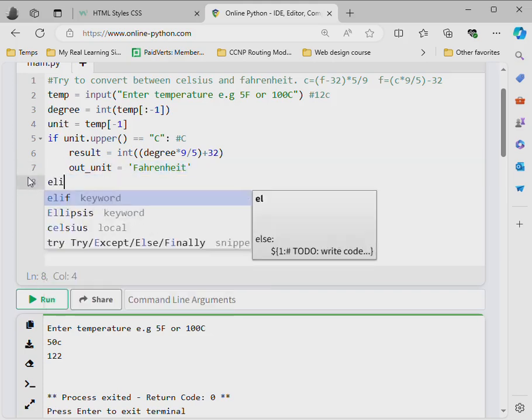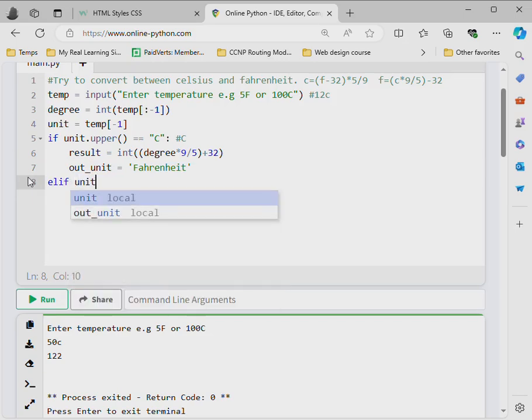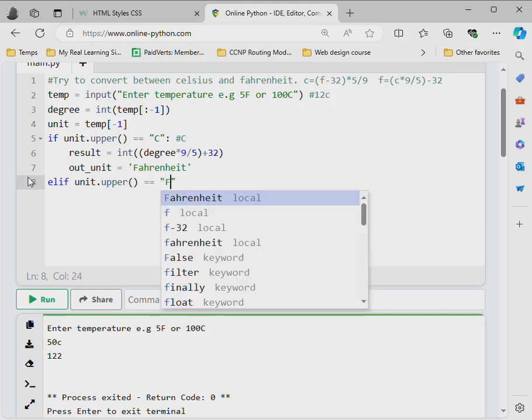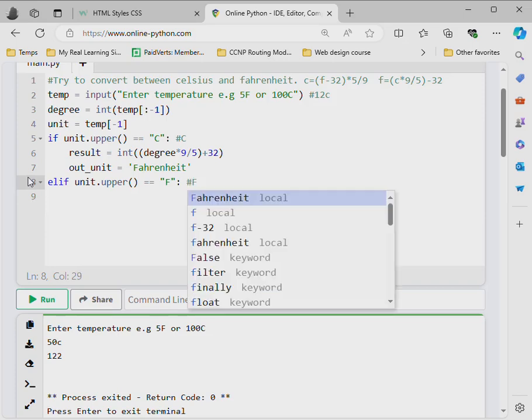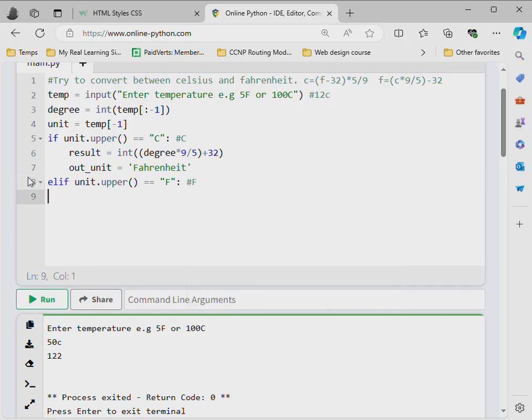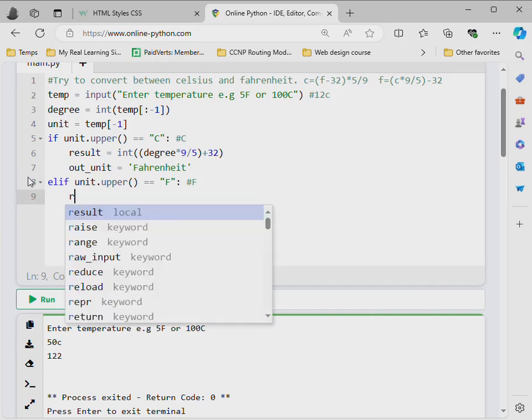Now elif the unit: what if the unit is Fahrenheit, that is F? If F was entered in lowercase, let's convert that to uppercase. If it is F, we run this block of code, which is going to be under our F. Now what we have is the result printed. The result that we're going to have is